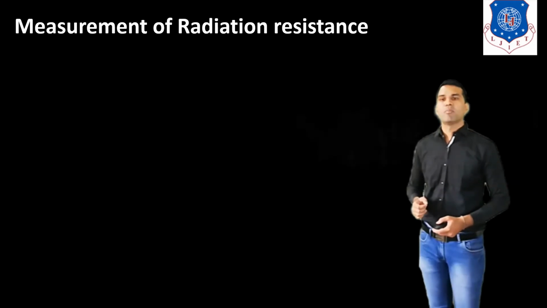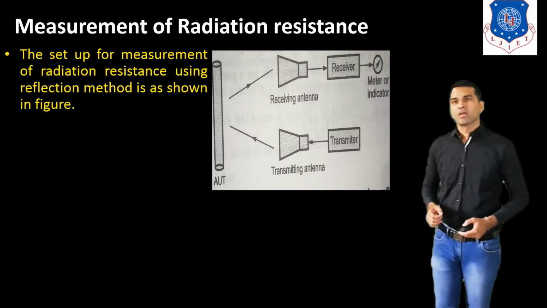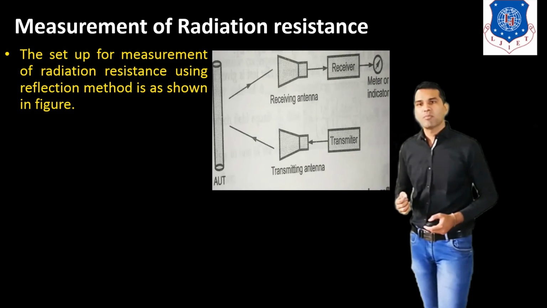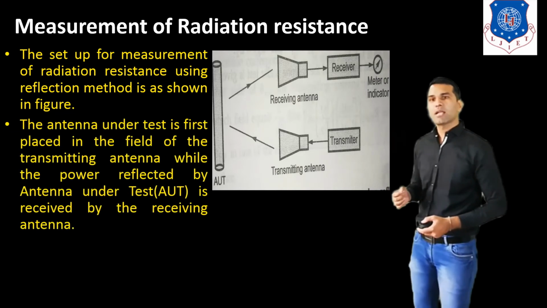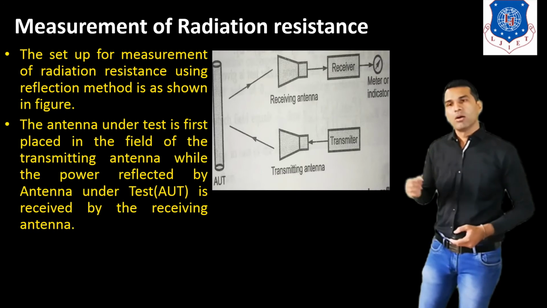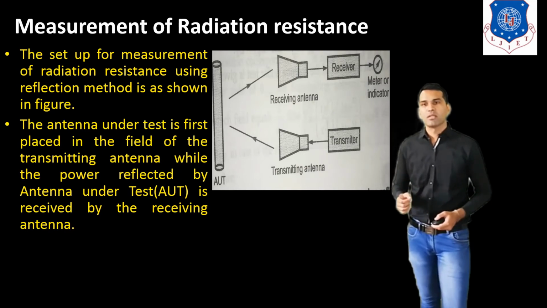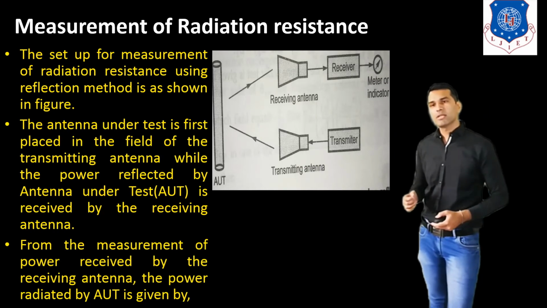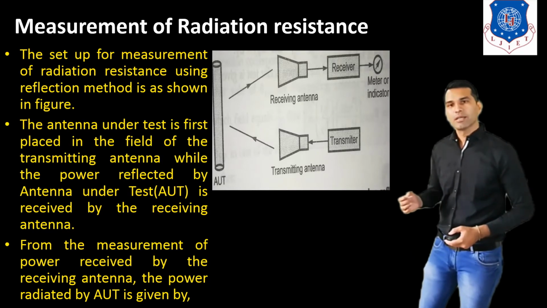Now we discuss the measurement of radiation resistance. The setup for measurement of radiation resistance using the reflection method is as shown in this figure. The antenna under test is first placed in the field of the transmitting antenna, while the power reflected by the antenna under test, AUT, is received by the receiving antenna. From the measurement of the power received by the receiving antenna, the power radiated by the AUT is given by